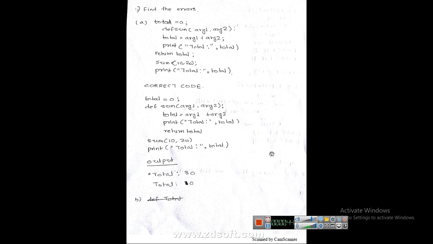Okay, so the first question here is, we have to find the errors. We have earlier done some programming that was clear. Now let us do what if the code is given and you have to find the errors. Okay, so the first question, it is of the book itself. It says